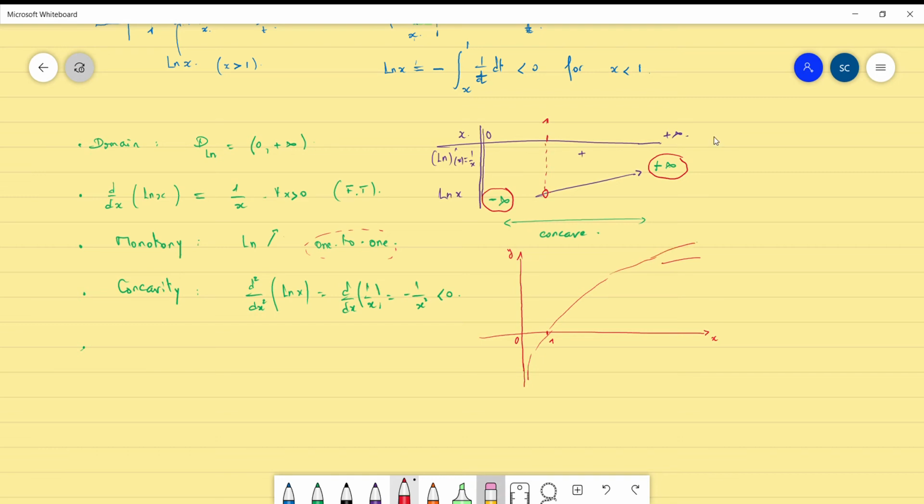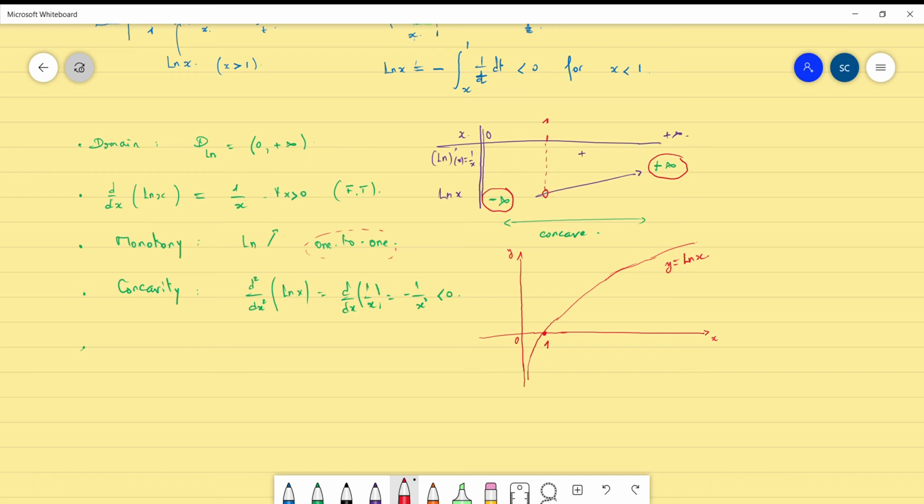So let's just erase these parts. So here is my ln function, y equal ln x, the global shape of our function. So from now on, you know how it looks. Now just an idea of how we proved